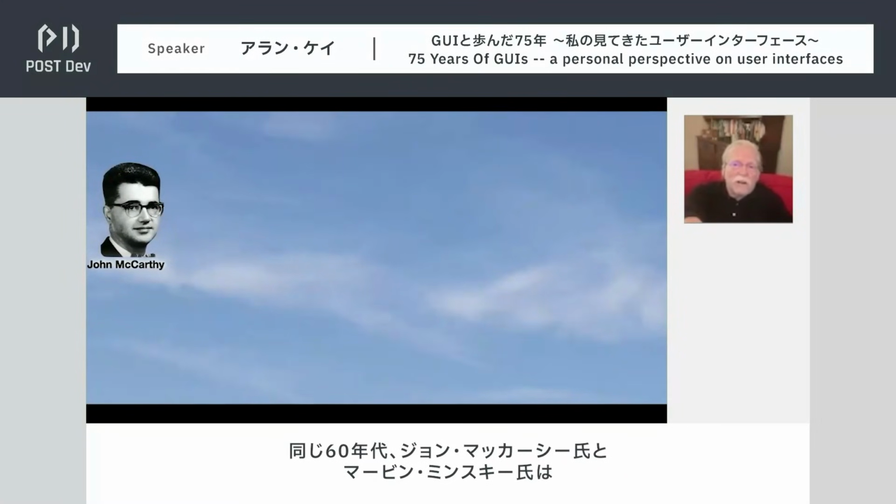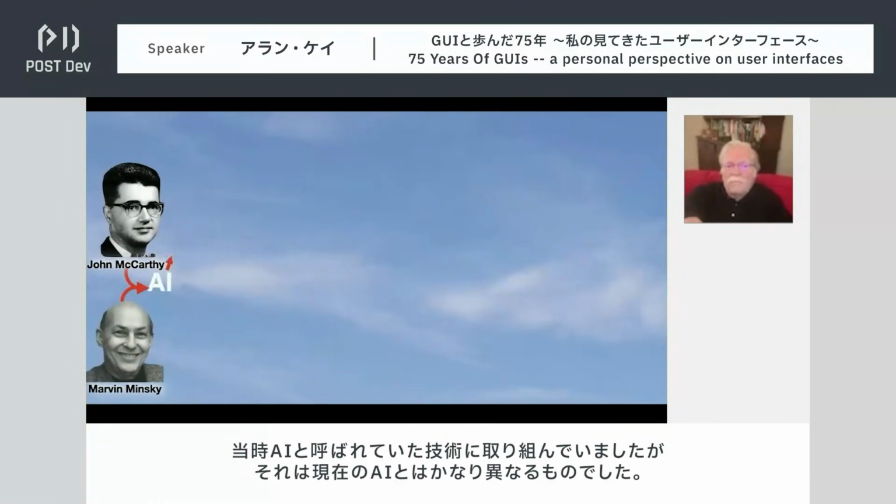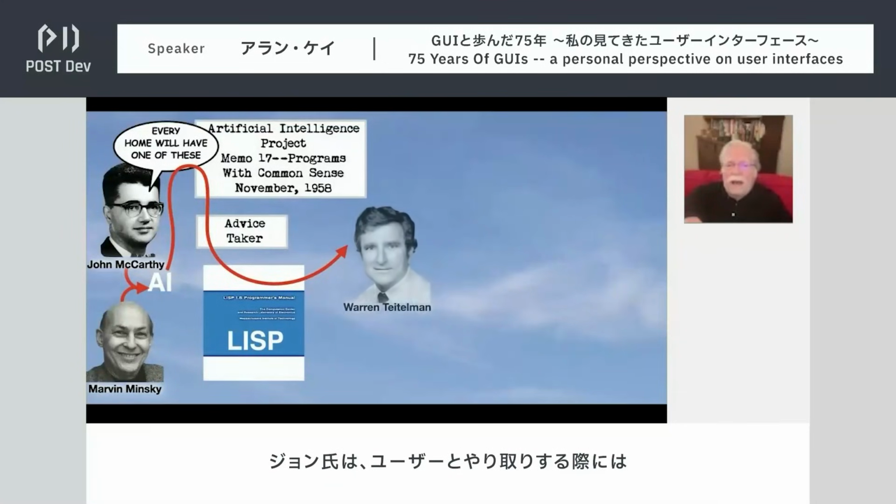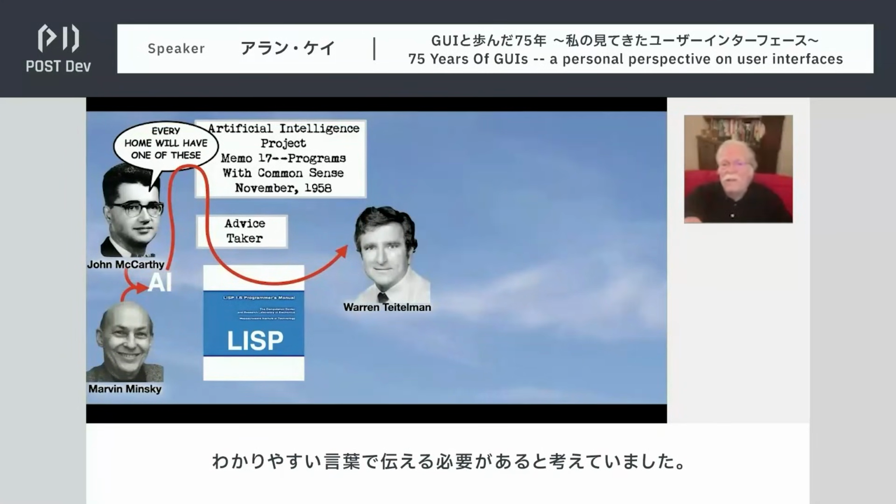And another thing that was going on in the 60s here was John McCarthy again and Marvin Minsky were working on what was called AI back then, rather different than today. And John had had the idea that you would need to communicate with users in common sense terms.